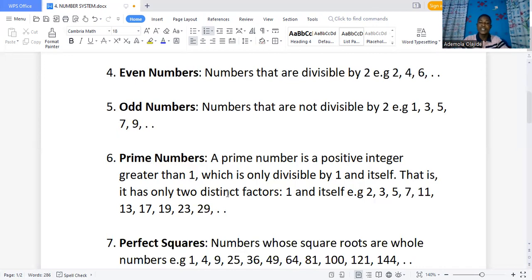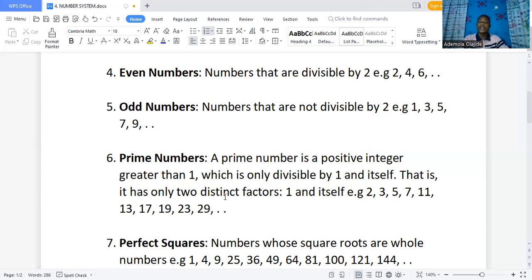The word distinct here means that, for example, some students may make the mistake of asking, is 1 a prime number? 1 is not a prime number. In the first place, a prime number must be a positive number, and we define that it must have 2 factors, 1 and itself. But the factors of 1 are 1 and itself, and itself is still 1. The 2 of them are not different. They are not distinct. So 1 is not part of the prime numbers.